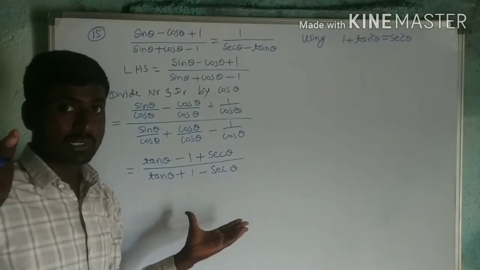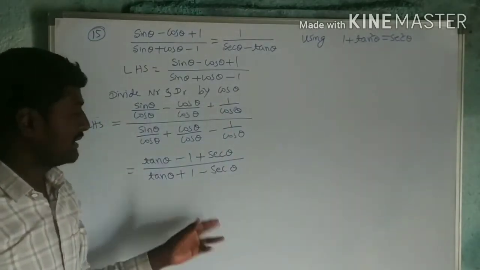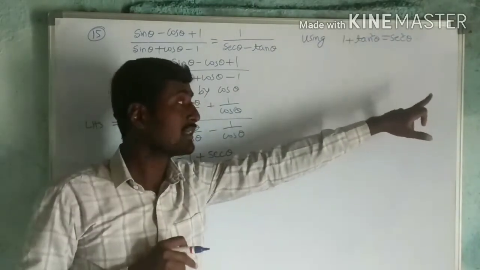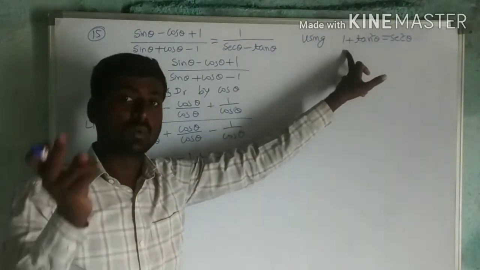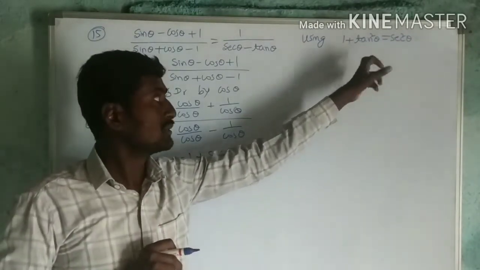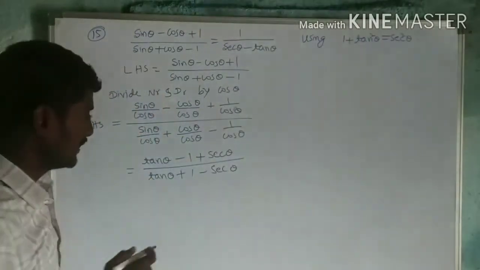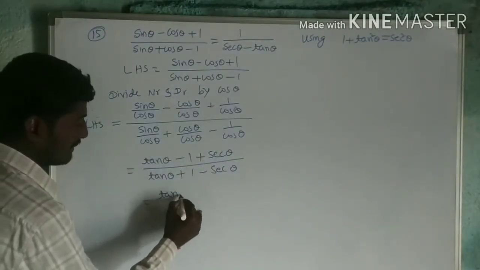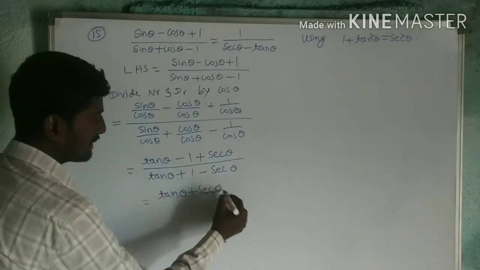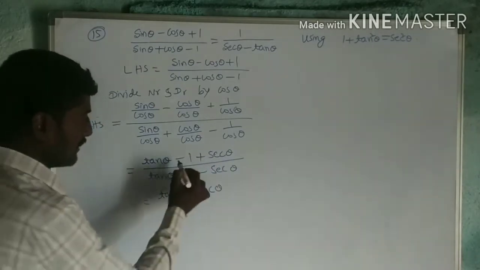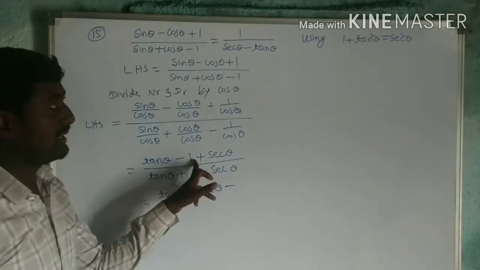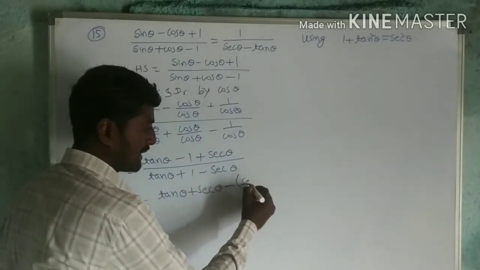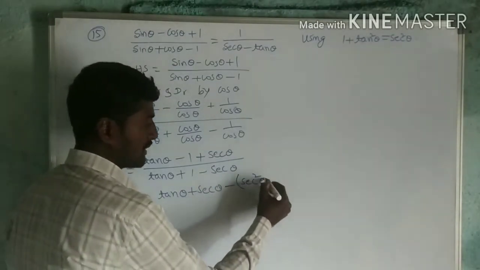Whatever I solved in the exercise problem, the same procedure I am following. Okay, so in place of 1 I can write sec square theta minus tan square theta. In that question, in place of 1 I wrote cosec square theta minus cot square theta. So I have to use this identity here now. So now this is equal to, first I will write these two terms, tan theta plus sec theta, minus. Now 1 is there. 1 is nothing but what? Sec square theta minus tan square theta. Within the bracket I should write it, because the minus sign is there. Sec square theta minus